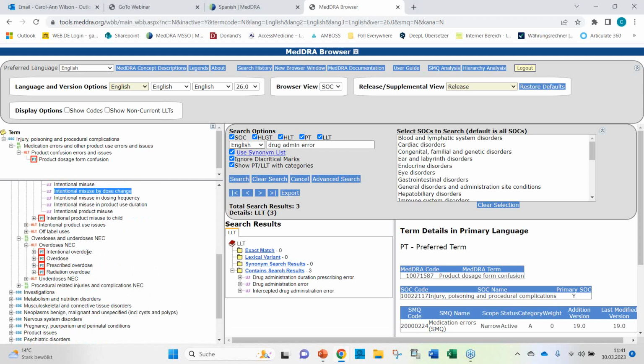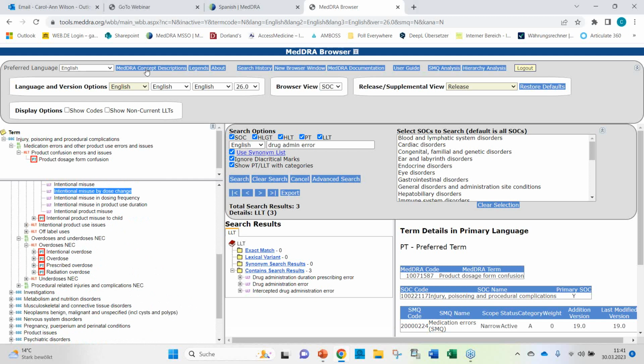And all other options that were offered in this quiz were incorrect because unapproved dose administered, incorrect dose administered, and incorrect dosage administered do not represent intentional drug misuse, but drug administration errors or issues. And we know it was an intentional deviation by the patient for therapeutic purposes.